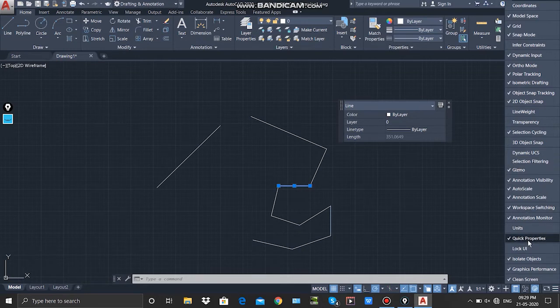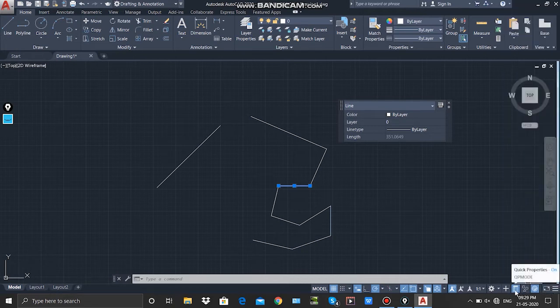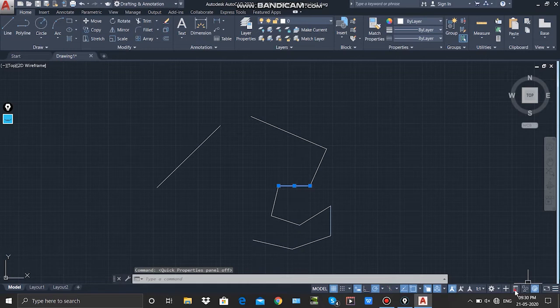So here you can see quick properties option. Just click on that, and then you can find one small box like this in your status bar. So if you find that, then click on that and enable that.